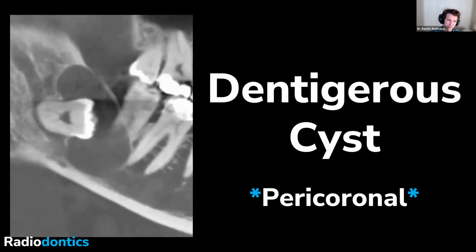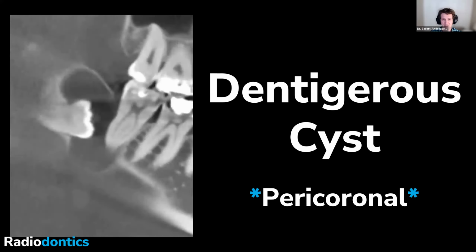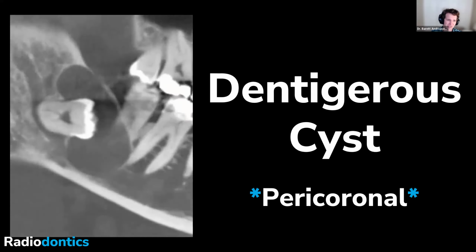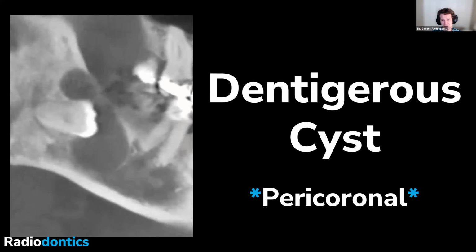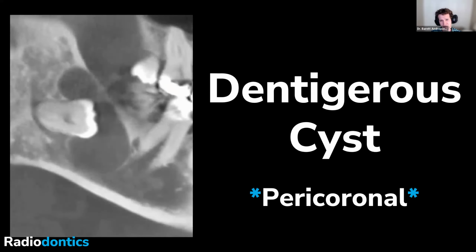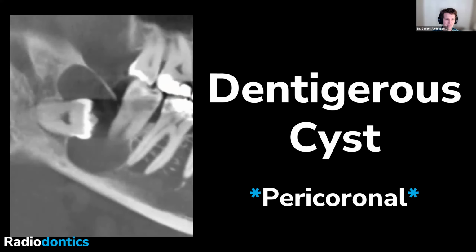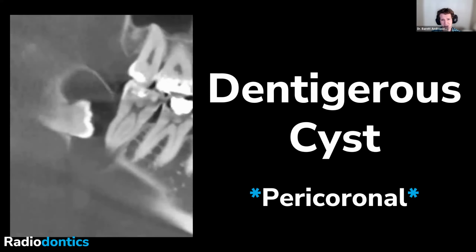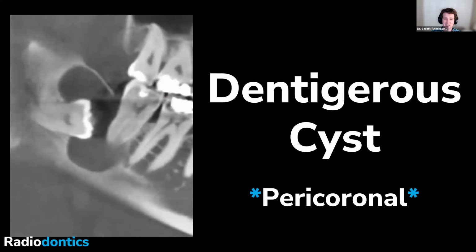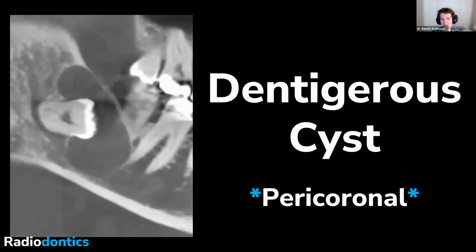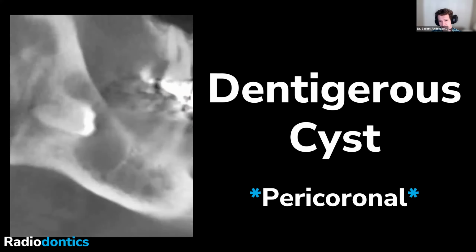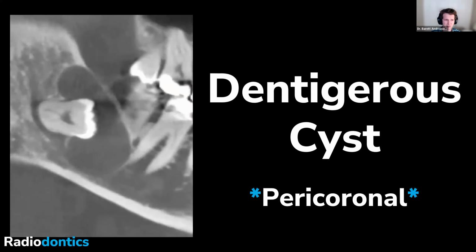So the most common cyst, other than a radicular cyst, but the most common of what we consider pathology, is a dentigerous cyst. So these are associated with impacted teeth, typically third molars. We also see these sometimes in canines. I just had a case the other day that was associated with a supernumerary tooth, and they typically present as